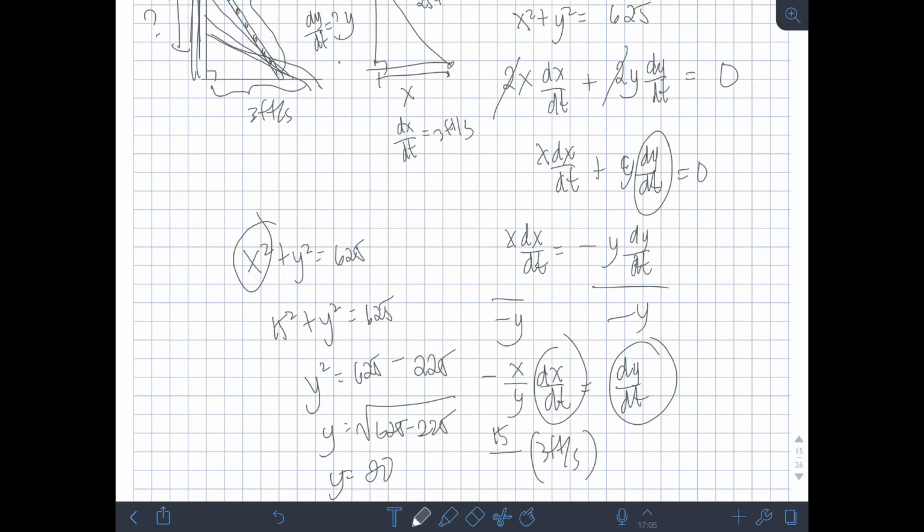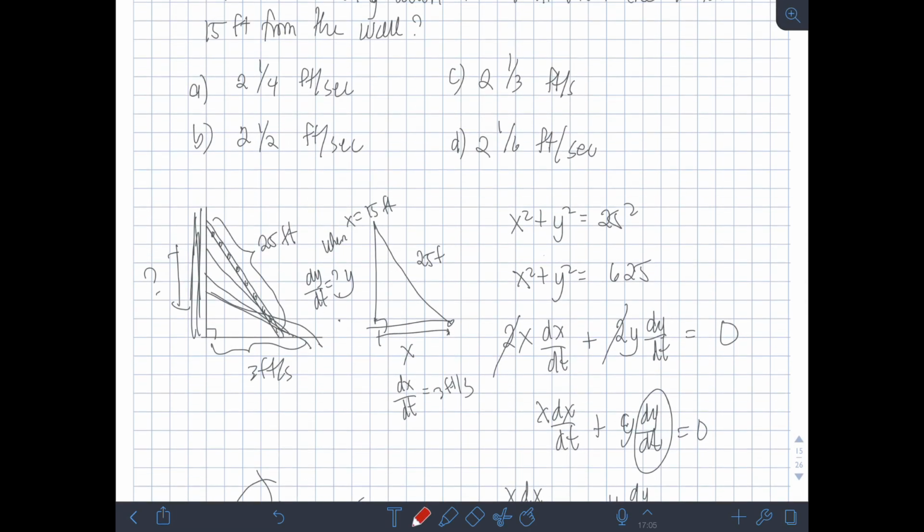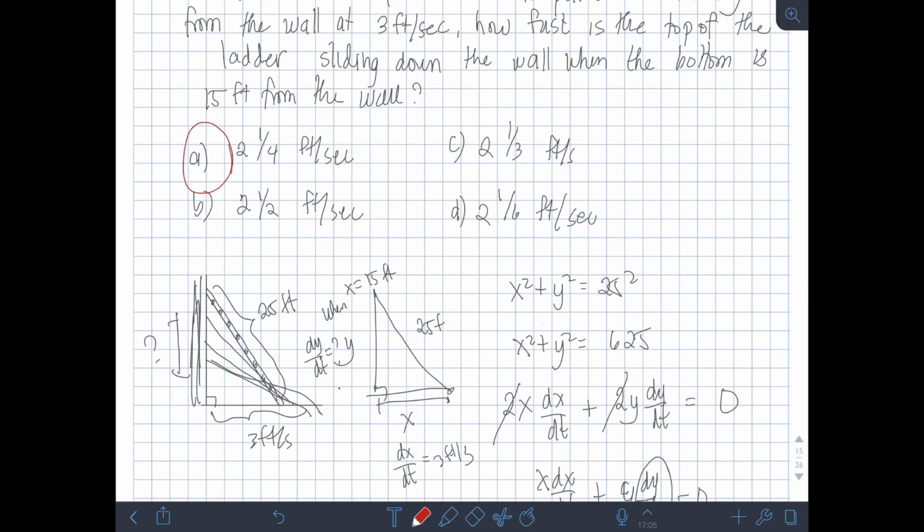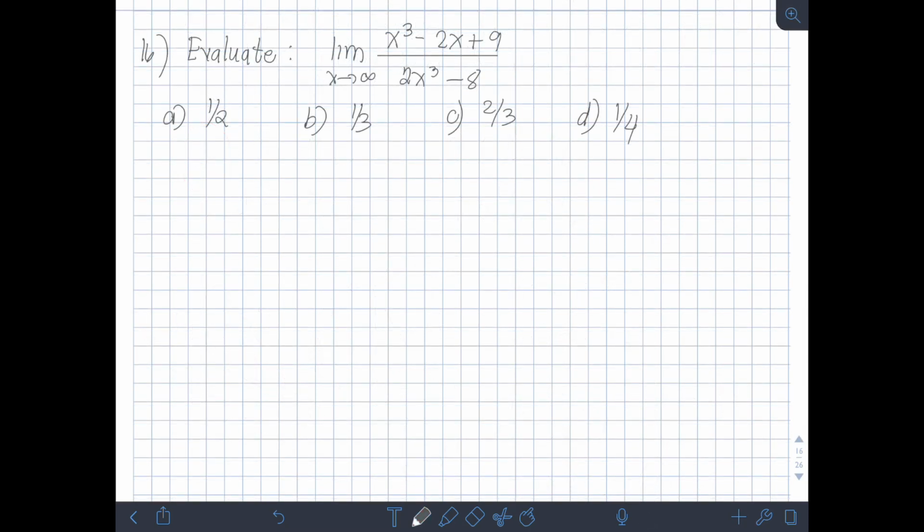So, therefore, substitute natin yung y na 20 dito. Okay, so therefore, our answer is 15 times 3 over 20, which is equal to 9 over 4 or 2 and 1/4 feet per second. So therefore, our answer is letter A. Okay? Next, we have evaluate the limit of x cubed minus 2x plus 9 over 2x cubed minus 8